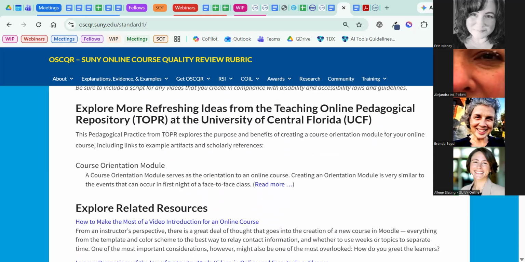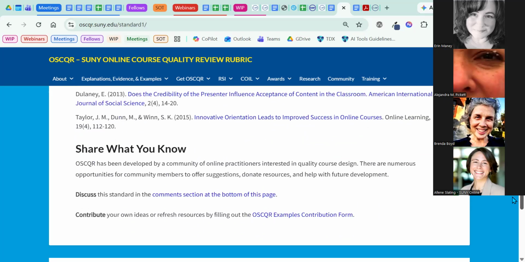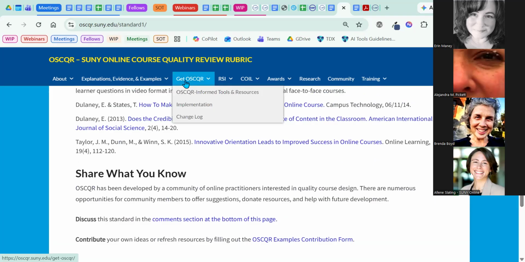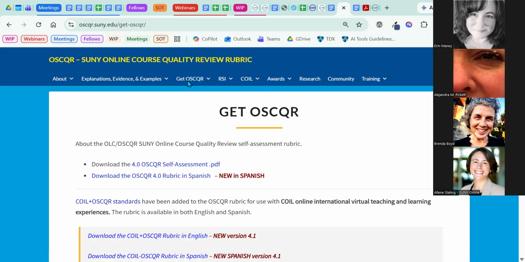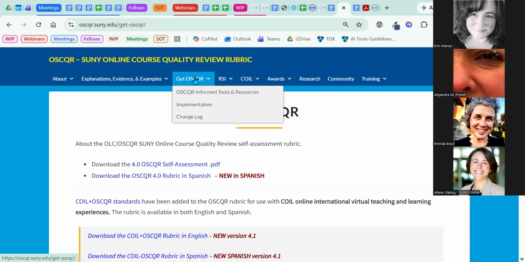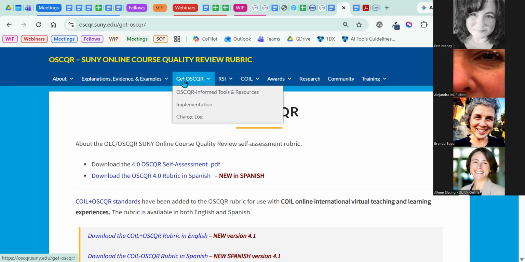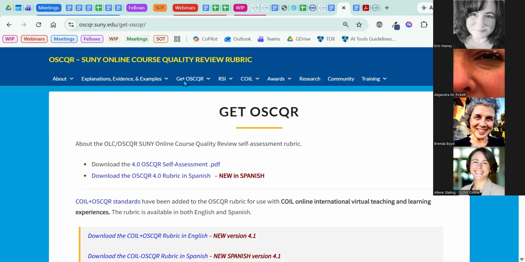So in the getting started page, there's a little breadcrumb trail across the top of the OSCQR rubric web page. And if you click on Get OSCQR, that's where you go any time you want to make sure that you have the most current version of OSCQR. And if you want the PDF version, you would click on download the 4.0 PDF version.